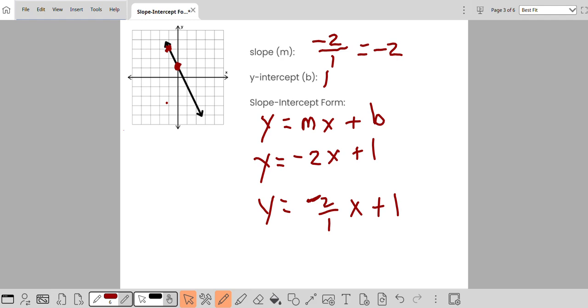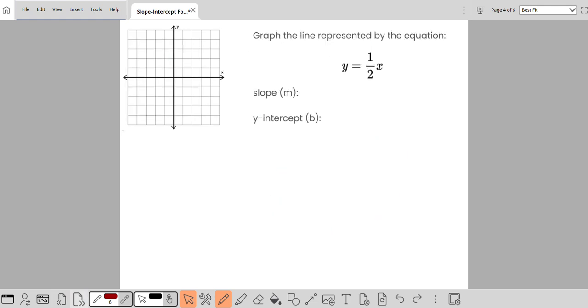But just know that on a test or something like this, you are most likely going to see this version. Okay? Let's try and see what we have next. All right, this says graph the line represented by this equation. So this time you'll notice we are given the equation and we have to use what we know to graph